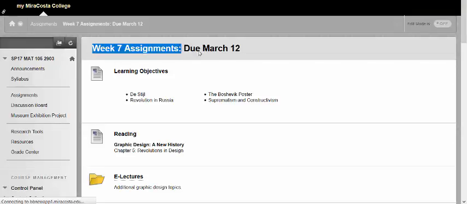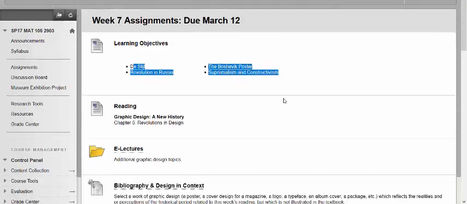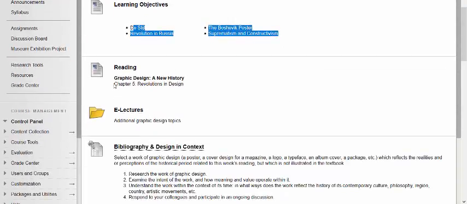Here we are in the Week 7 Assignments folder. And this week we'll be learning about graphic design primarily in Russia just after the 20th century, particularly during the Bolshevik Revolution in Russia. You'll be reading Chapter 5 in your textbook, Revolutions in Design, all about new ways of